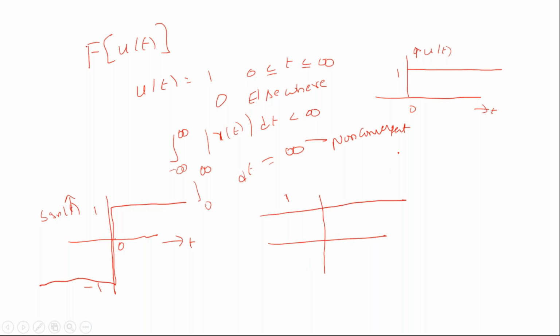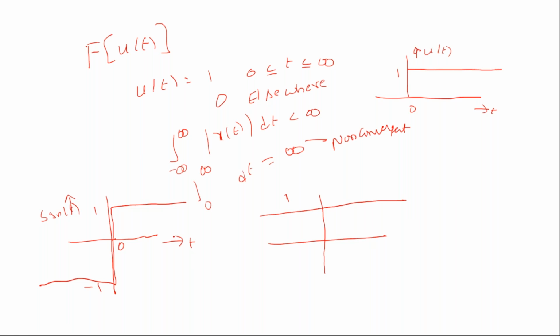Now what I'll do is, I need to write the relation for the unit step function in terms of the signum function and this one. Now please try to understand why I am going to write the relation for the unit step function in terms of the signum function and this one. If you see this, now can I write the relation for signum function, unit step function and the DC signal?